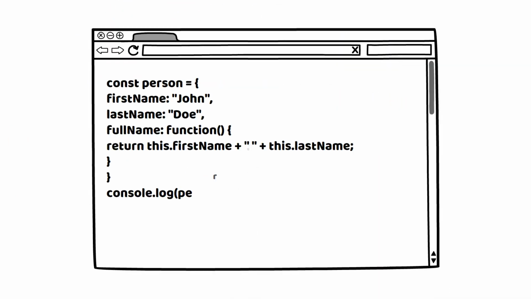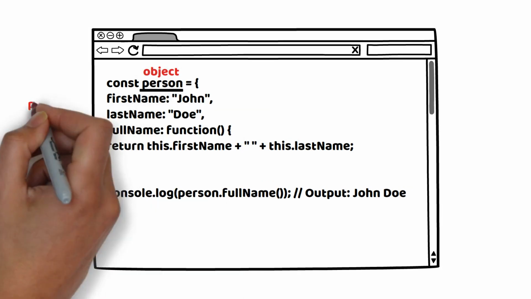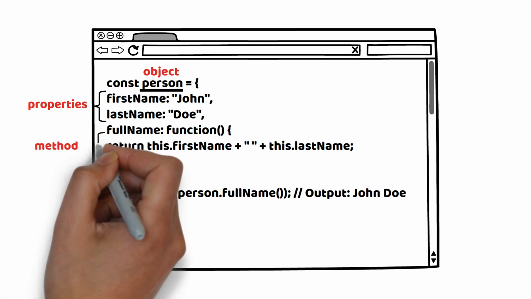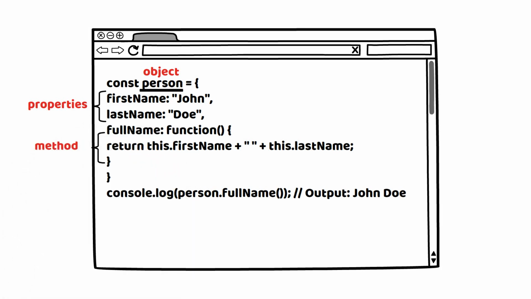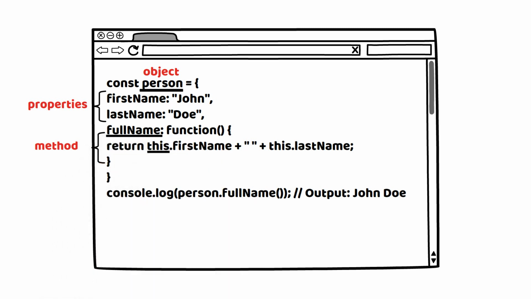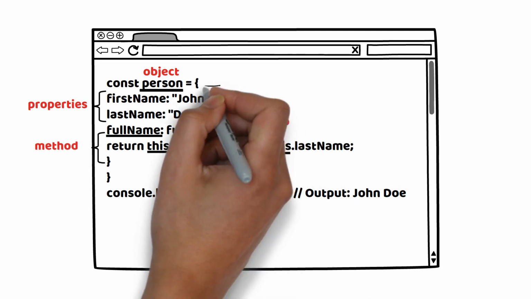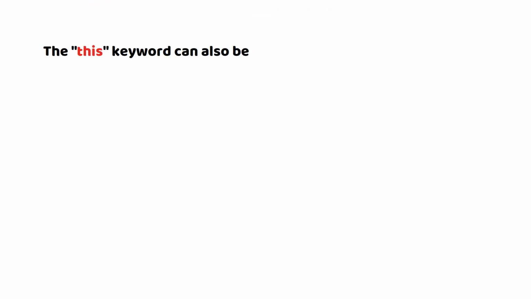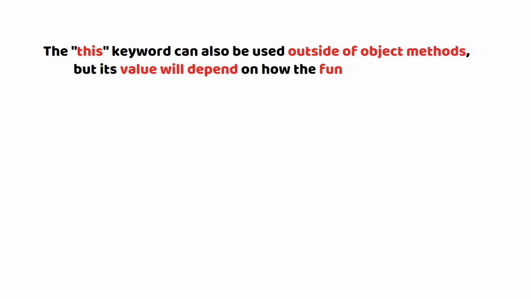In this example, we have defined an object called person with properties for first and last name as well as a method for returning the full name. Now within the full name method, we have used this keyword to refer to the person object and access its properties. And this keyword can also be used outside of object methods, but its value will depend on